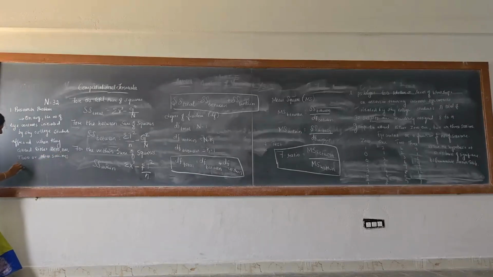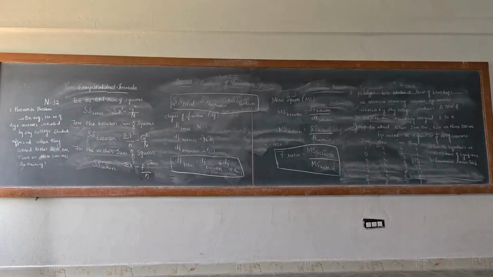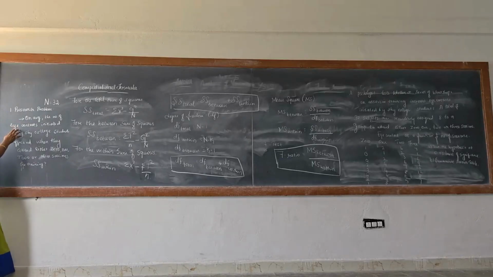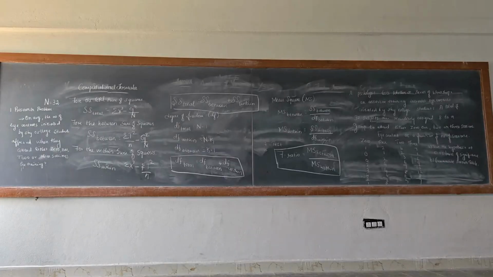Okay, so first, that is the first step, you have to write the research problem. So for this question, you have to first write: on average, is the number of eye contacts initiated by the psychology students affected when they attend either 0, 1, 2 or 3 workshop sessions on assertive training? Okay, the next step is